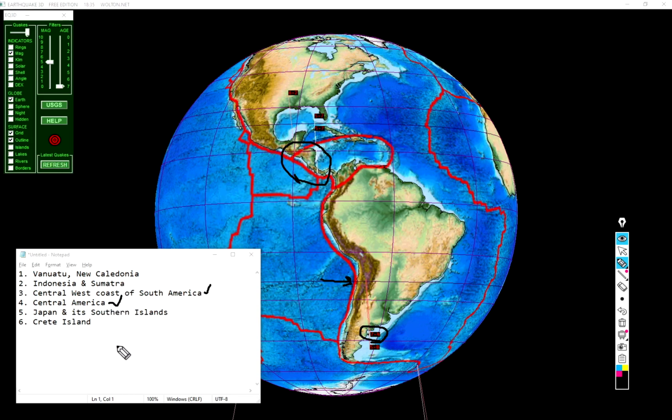So that pretty much covers it. There is a couple other places that are kind of lingering, some small activity, or I should say lesser activity. I didn't really put them on the list, but these are the hot spots. Take note of it. These are the most likely places where we're going to see an earthquake, anywhere from a 6.0 to 6.5 in the next 1 to 2 days, and maybe as much as 2 weeks. Okay, so for the next few days to week or two, these locations should be paying attention for a possible